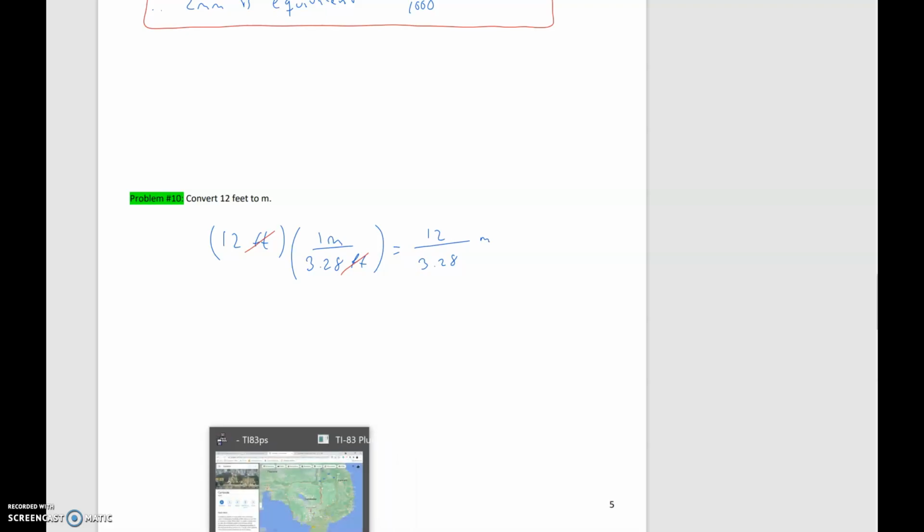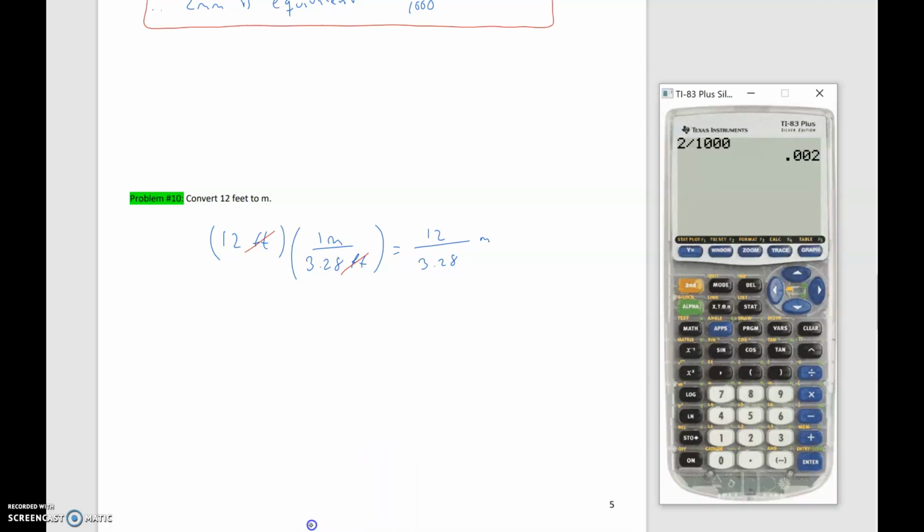So let me evaluate it on the calculator, and this will be 12 divided by 3.28. So that gives us, I'm just going to round to 2 decimal places,